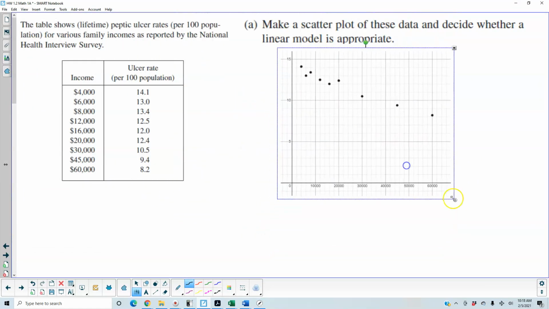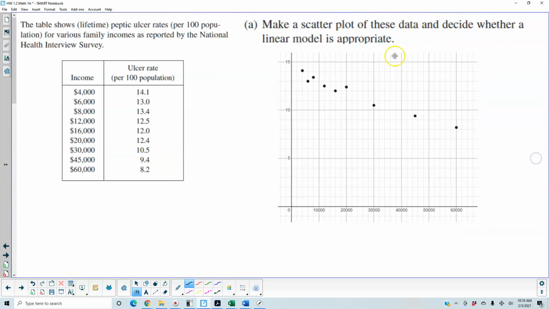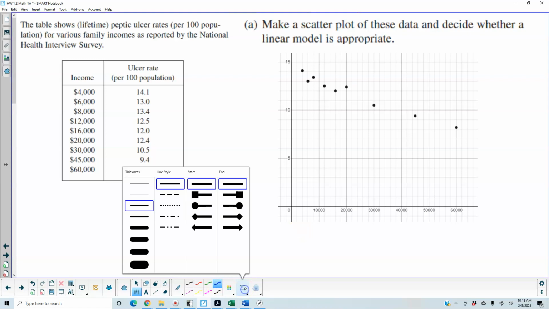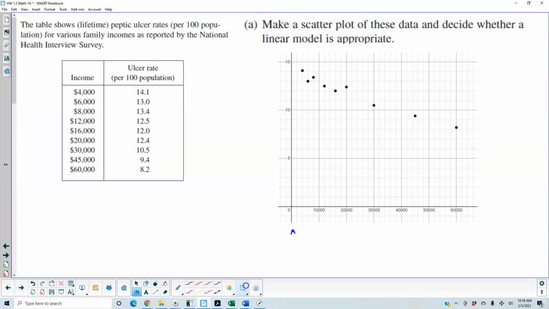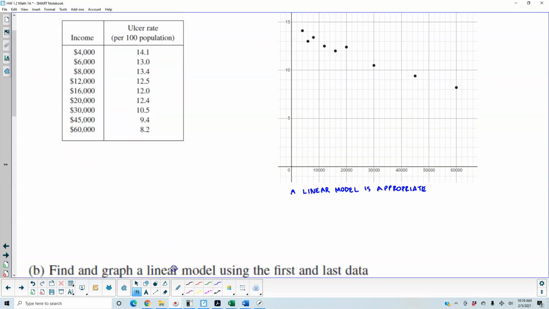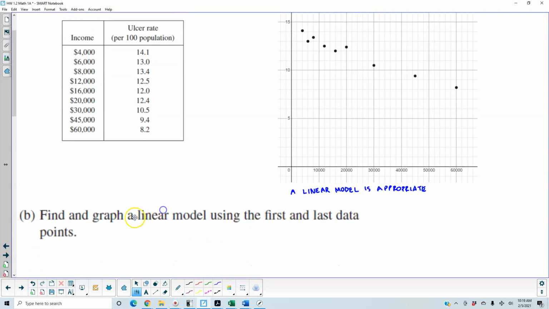So now that we've created a scatter plot, we want to ask ourselves, decide whether a linear model is appropriate, and the answer is yes. A linear model is appropriate for our data. Now the next question, part B, is asking us to find and graph a linear model using the first and